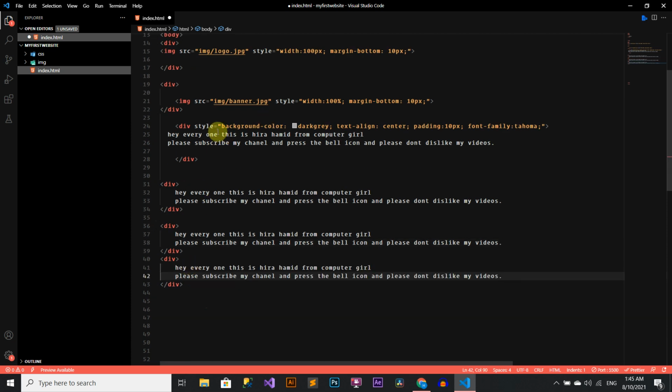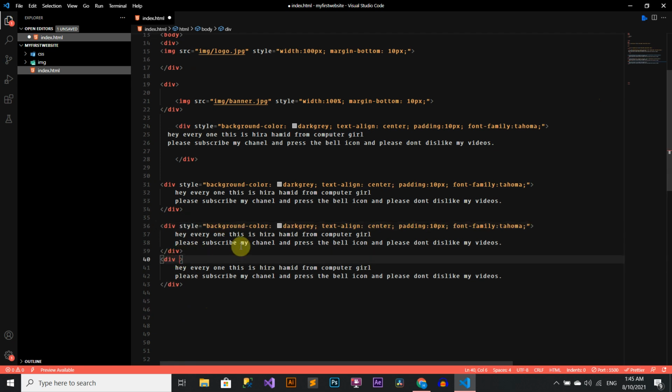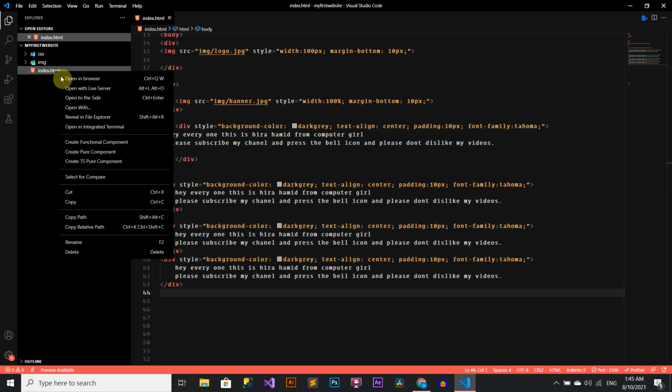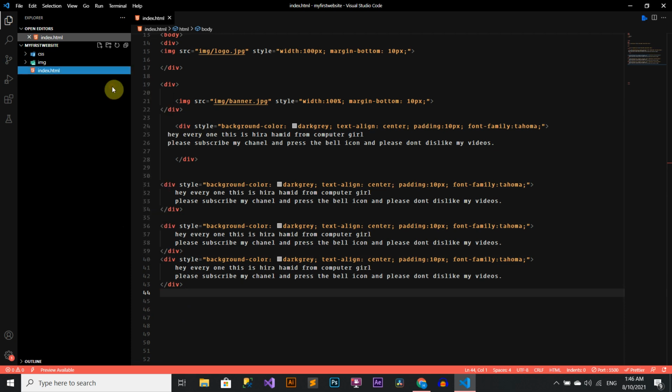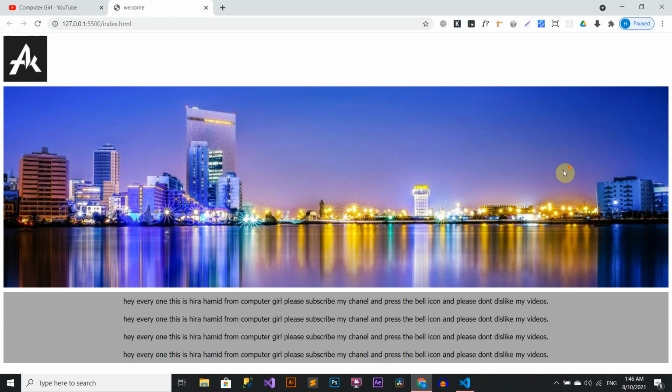And we will copy the same CSS style inside the starting tag of the div. We will check the result now. Right click, open with live server. You can see all divs merged together because there is no margin.